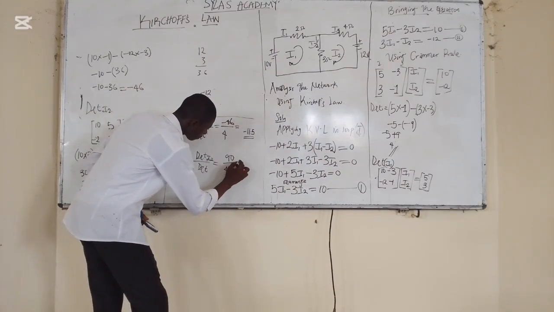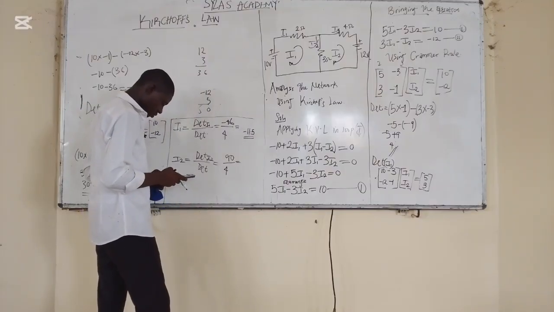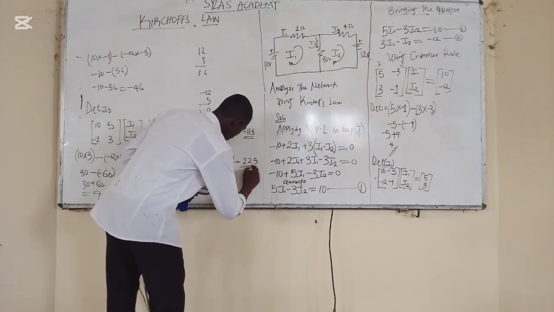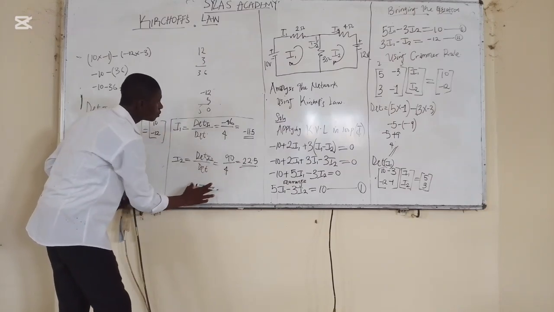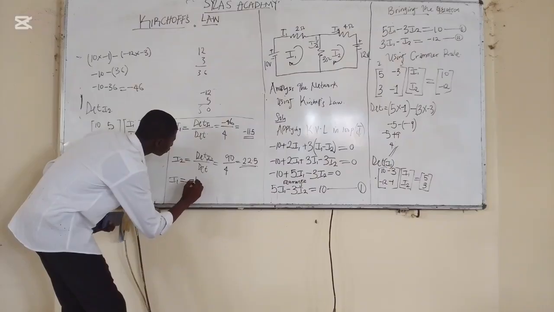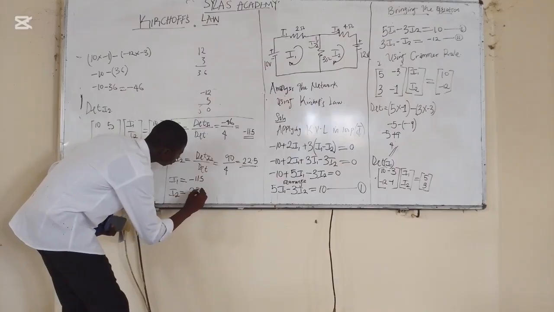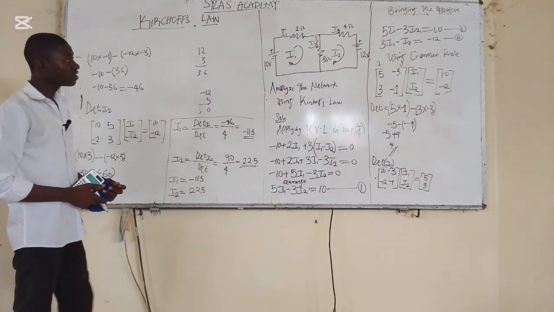So 90 divided by 4 gives you 22.5. And this becomes your current for I1 and I2. So I1 is equal to minus 11.5, and I2 becomes 22.5. This becomes the final answer when you solve this network